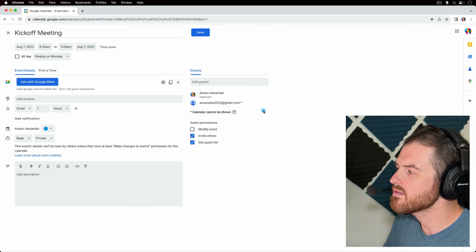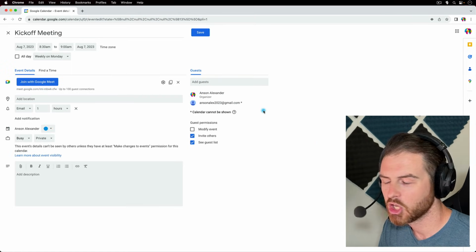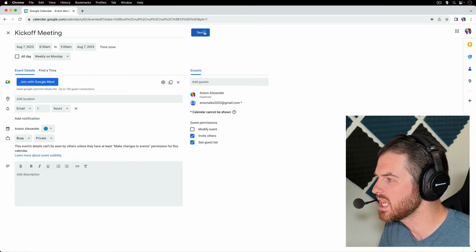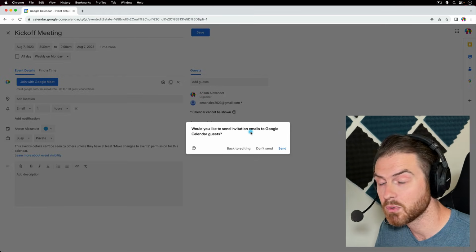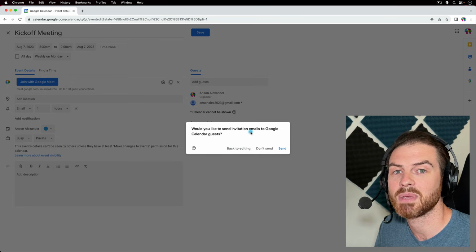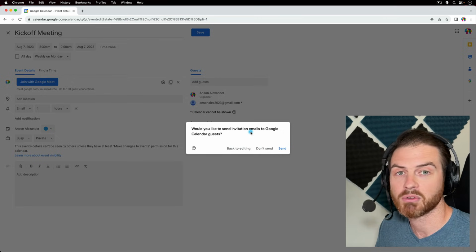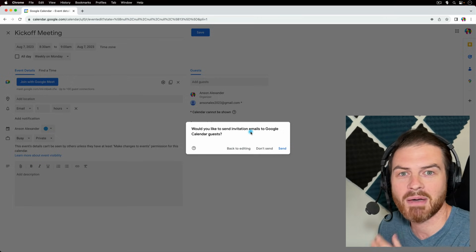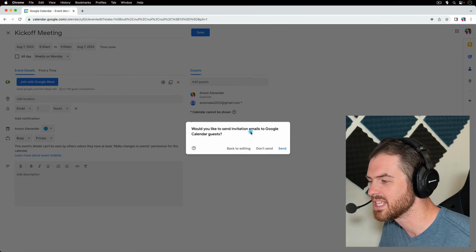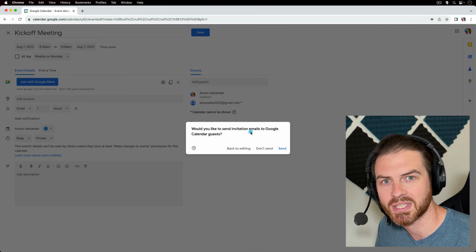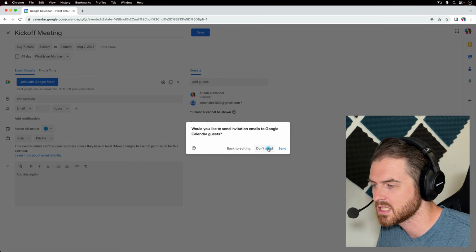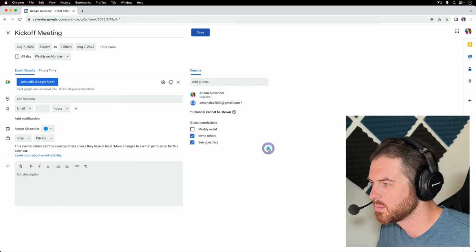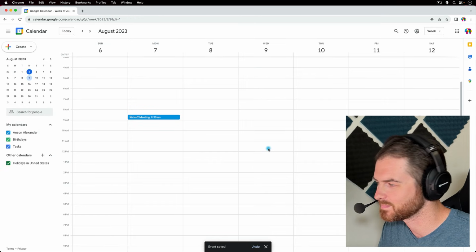So once you've got everything figured out how you'd like it to be, you can go ahead and click on the blue Save button at the top right. And it lets us know, hey, we invited some people to this event. Do we want to send them invitation emails? Generally speaking, if you want to notify them about the event, then it's probably a good idea, but you might have a company culture or something that's different than that, so obviously it depends on your situation. But I would normally click send. For now, I'm just going to click don't send because it's just a test event.